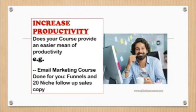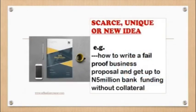Increase in productivity. We discussed point 1, identify a pain and solve it. Number 2, identify what makes productivity. Okay, thank you, Precious. All right, very well. So I believe it's well understood. Now, the next point that I'm going to discuss is